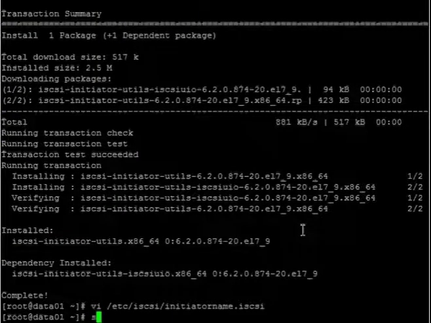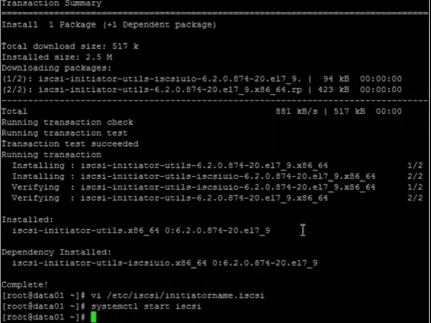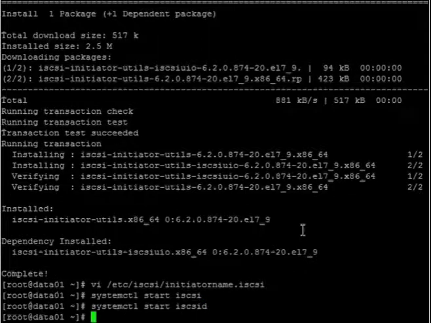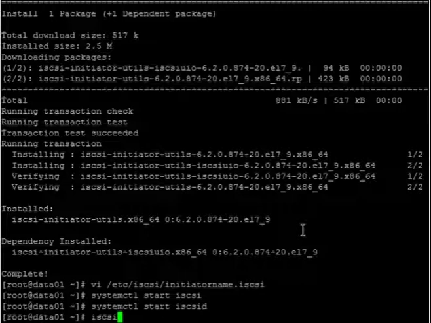Now after this we have to start the services. There are two services, iscsi and iscsid.